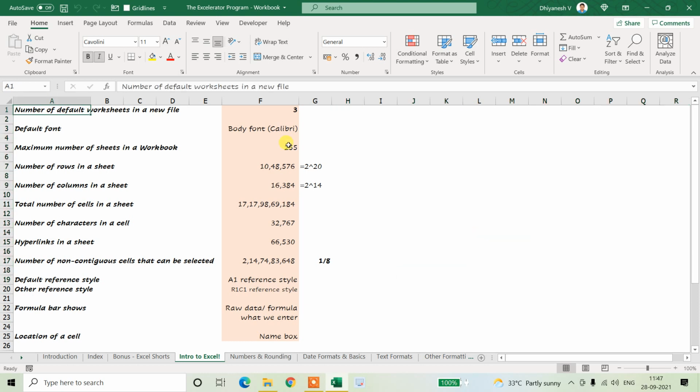The maximum number of worksheets in a workbook can be 255, and the default number of worksheets in a newly created workbook will be 3. Further, the default font of the workbook is Calibri, that is the body font for Microsoft Office. A few of these can be modified in the options under the File menu, which we will be covering in the next